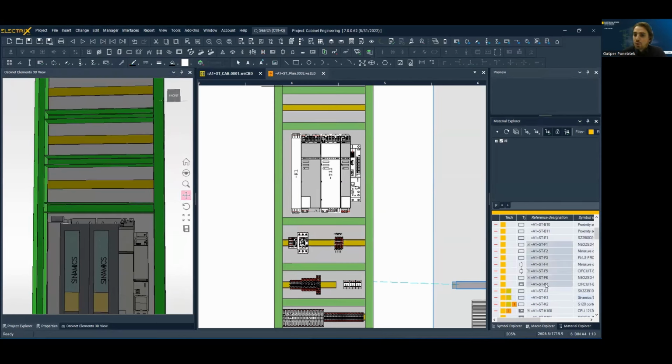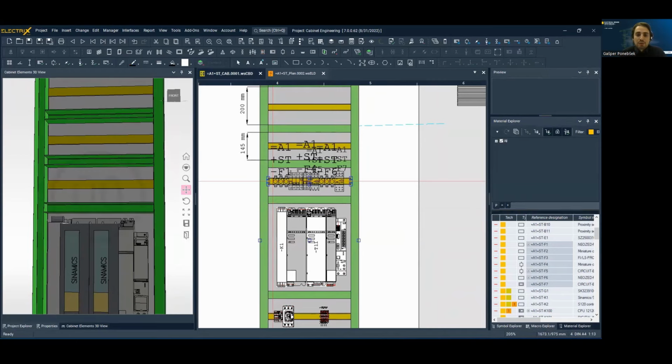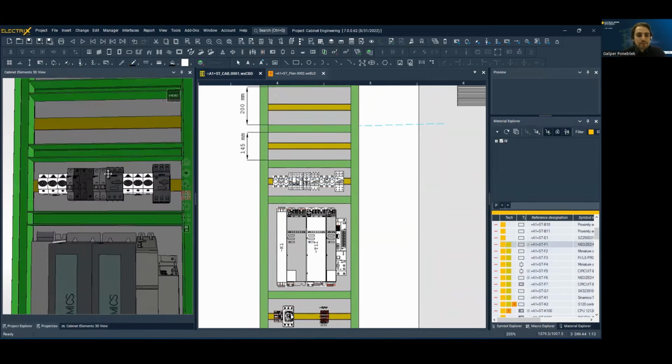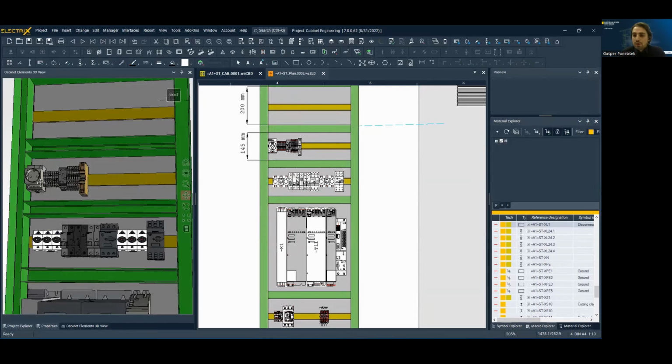We can just choose all of these fuses and place it, all of them together in this new DIN rail. If we go forward, there are some sockets left, from our project. And what else? We have some terminals. And these connector terminals. We will also place them all together. And now we have to place one more